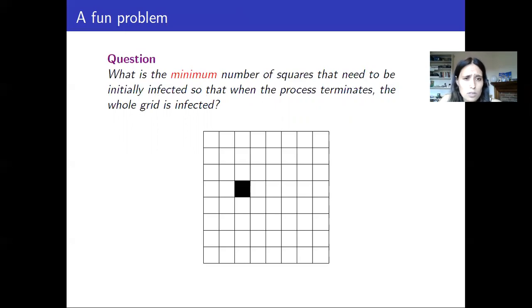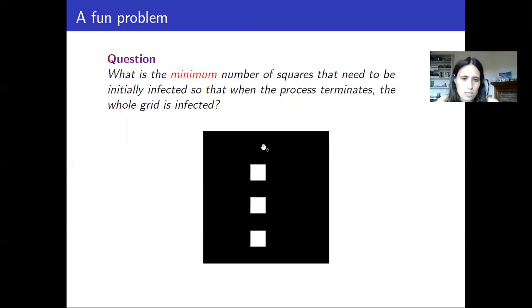You can similarly do trivial upper bounds. So we can say, well, if you infect almost everything in this grid, clearly, it's going to spread. So the question says, what is the minimum number of squares that needs to be initially infected? To prove an upper bound on this, all we need to do is come up with a construction. If we find some construction on a certain number of squares that spreads to infect everything, well, we know that's an upper bound on this minimum number. So for example, here we've got an upper bound, which is n squared minus 3.